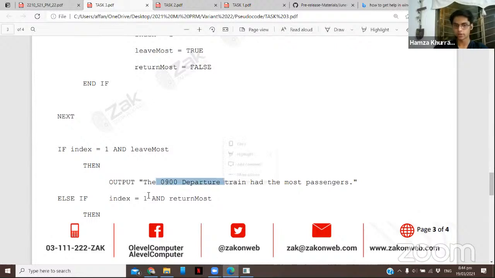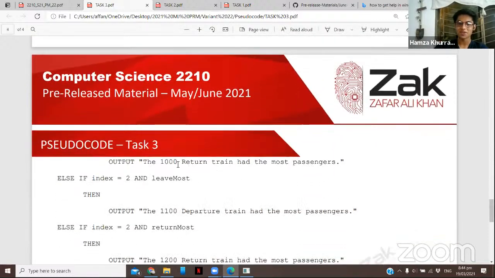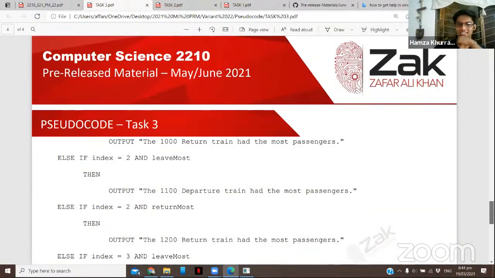which was the 0900. Otherwise, else if index equals 1 and return most, that means that we are still considering the first element, but we are now considering the first element of the return train. And so that means that that's going to be the 1000 return train, because return most was equal to true. So once that is fulfilled, we come to else if, and now we are considering the second index, and